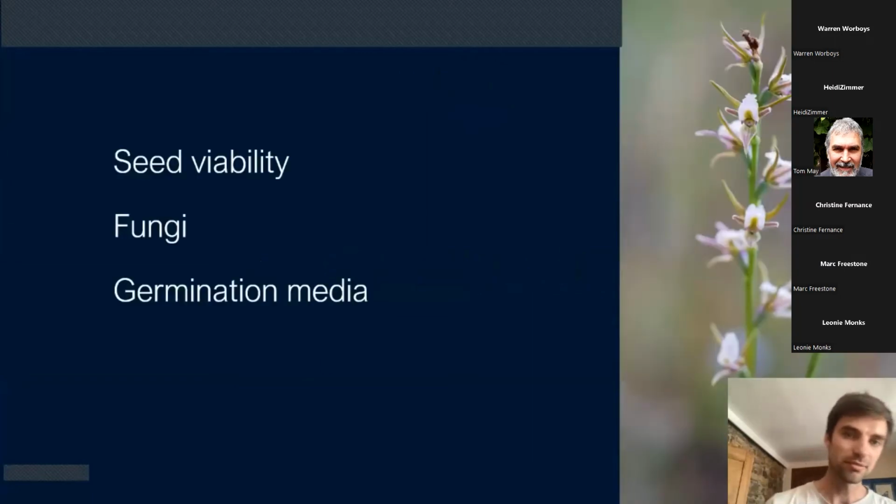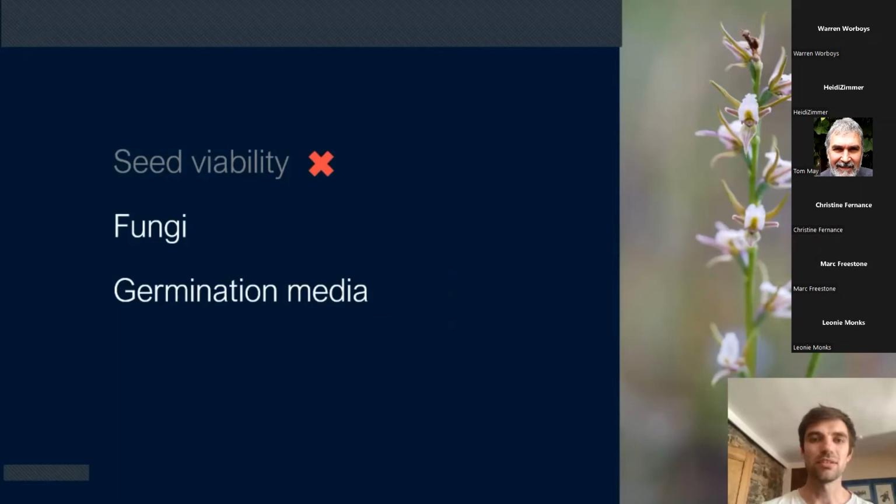We had a few theories, not short on theories. The first one was seed viability. Some investigations showed that it could be a bit low, or probably is quite low, in some leek orchid species, but it's not low enough to explain the lack of germination across the board. It was kind of a boring chapter in my thesis, so I'll gloss over that one today. Much more interesting is the role of mycorrhizal fungi and the impact of the nutrient conditions in the germination media that we're growing these things on in the petri dishes in the lab. But first to the fungi.